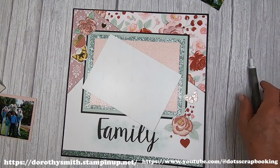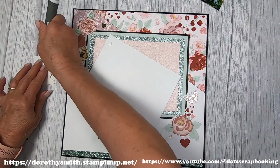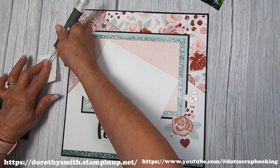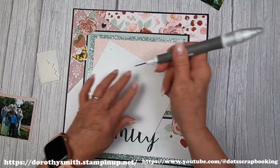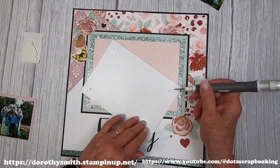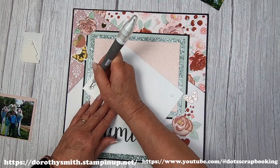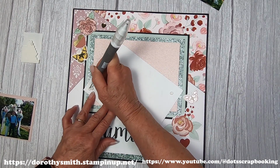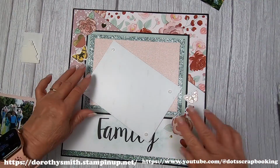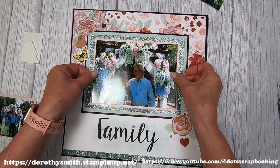So I am also going to add some dimensionals to stick to the pink glitter paper. And this, I believe, is either ballerina or blush. It was just a super pale pink glitter paper, which just ended up going perfectly with this whole layout. I mean, it's kind of fun to go through your stash. You've got paper in there that's just doing nothing but getting older. Not that that matters, but...